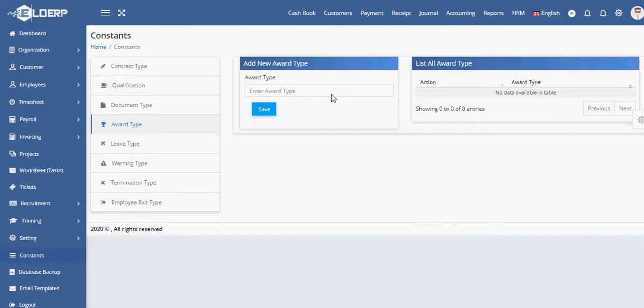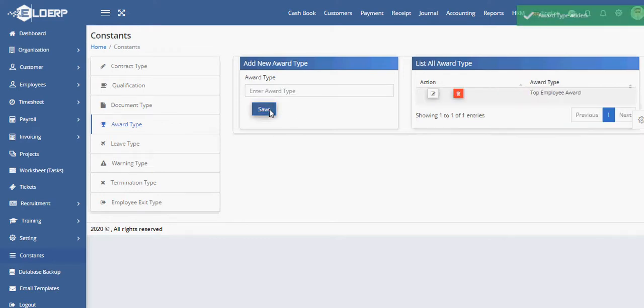Awards, we can define the awards here, and this is also being assigned in the award section of the employees tab.